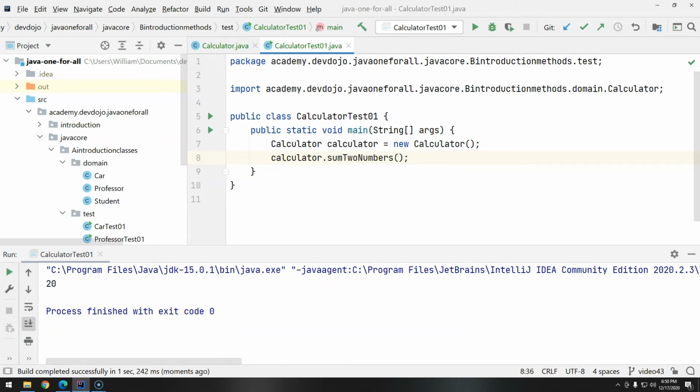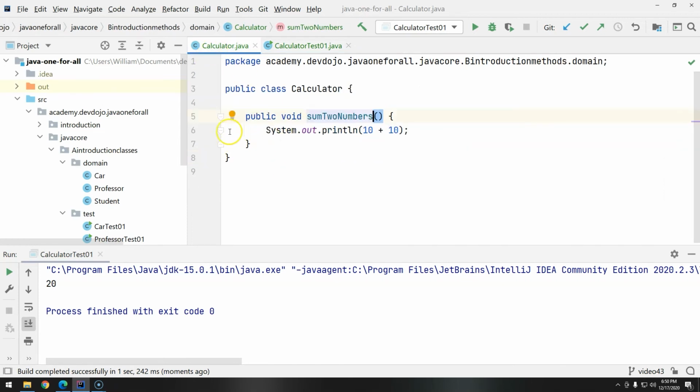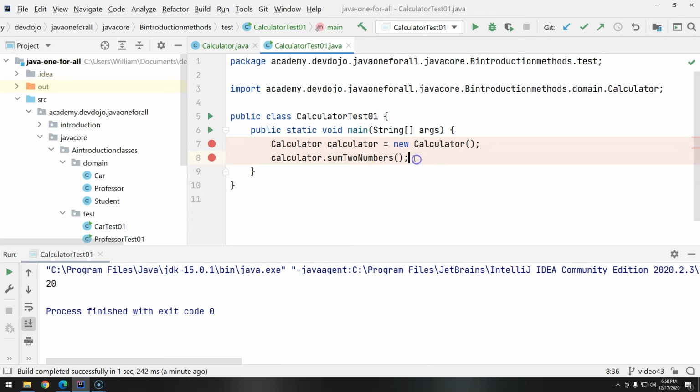So what's going on here? Basically, the flow is, when you execute this code, line number 7 is executed, and then line number 8. But when Java gets to line number 8, it will realize, oh okay, now I need to go inside the Calculator class and execute this method. So this is what it's going to do. It's going to come here and execute. And if I have another line,